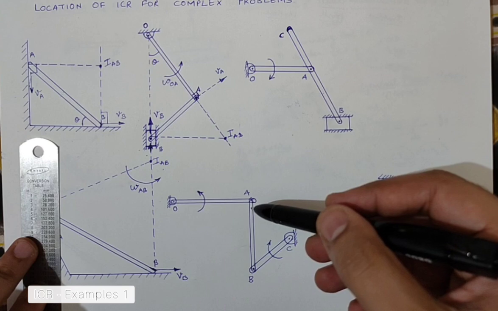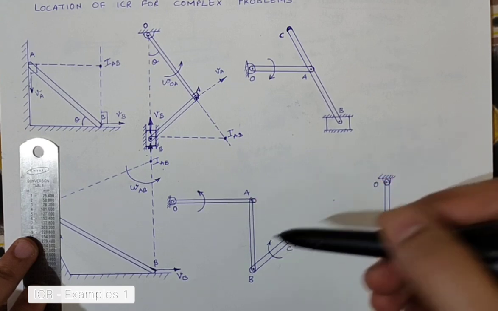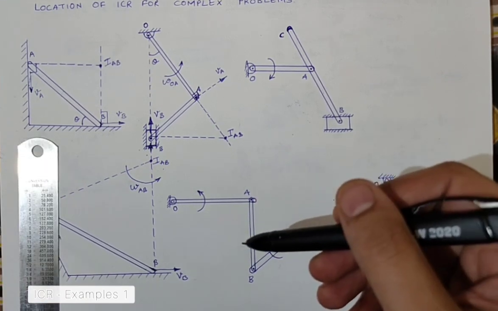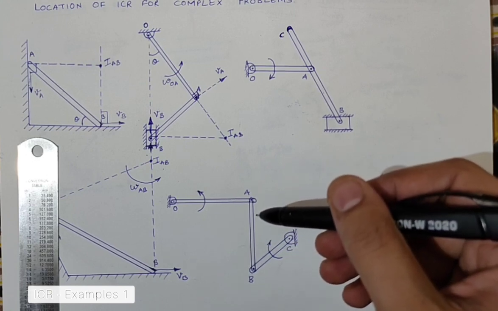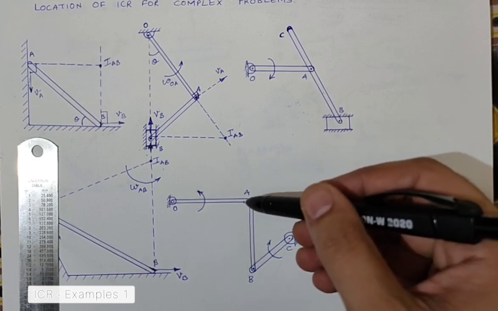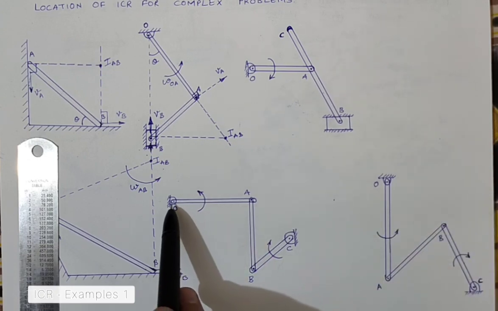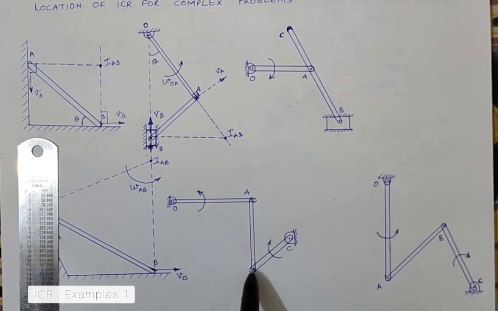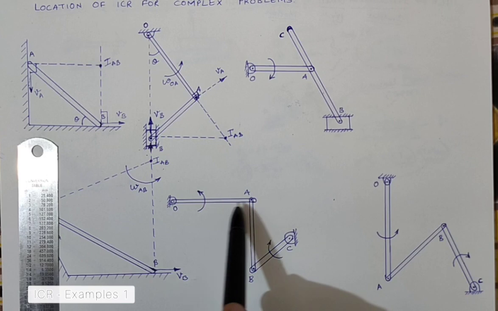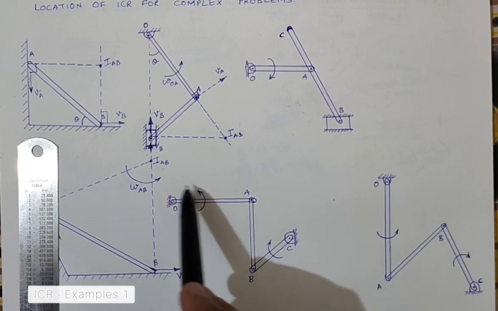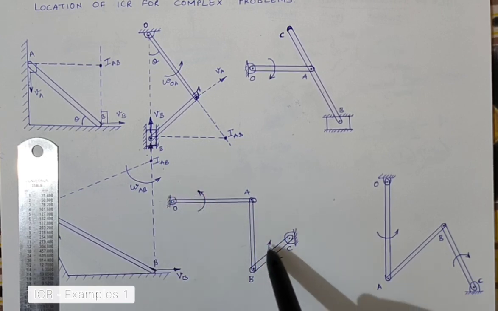Now I will try and explain something about three links, which is definitely not there right now in our syllabus, but just for our understanding purpose and to get everything clear, we will just go for three links of the mechanism. In this three link mechanism, we have two cranks which are connected by a connecting rod, and these two cranks are rotating. So we may have this link rotating in maybe anti-clockwise direction, and this one will be rotating